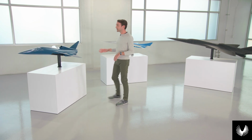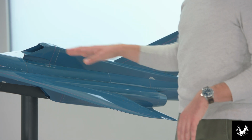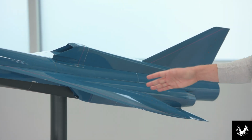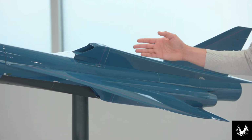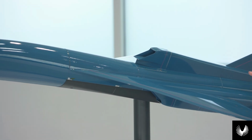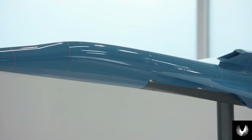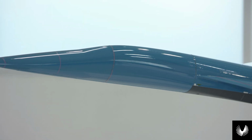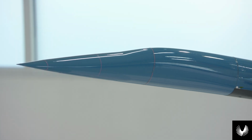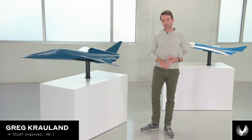Our aircraft is dominated by design features that enable supersonic flight, specifically the long, slender fuselage, narrow, highly swept wing, and aggressive inlets designed to slow the oncoming supersonic air to the subsonic speeds that the engines require. All of these features, however, tend to have detrimental effects on low-speed flight characteristics. For that reason, many iterations are required to close on a design that enables safe and efficient operation at both